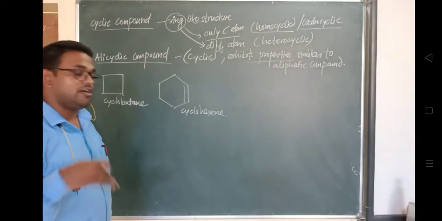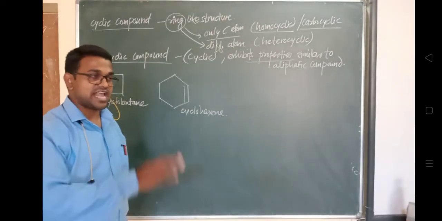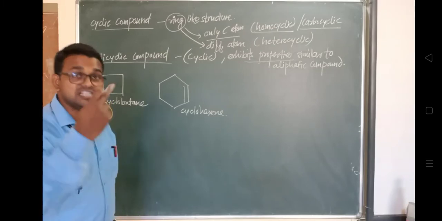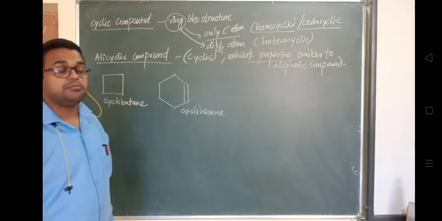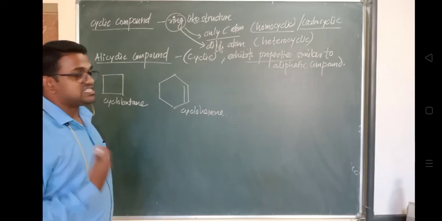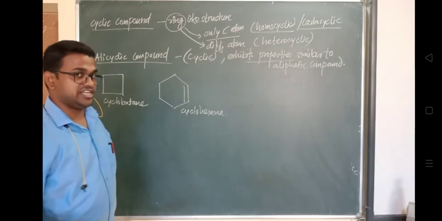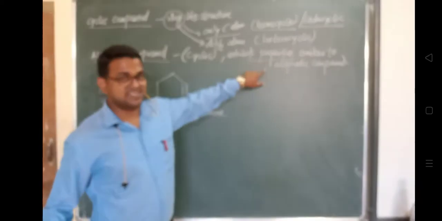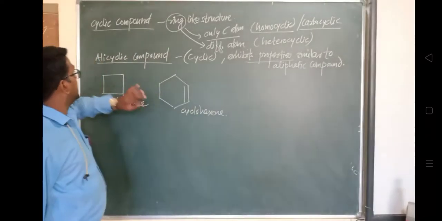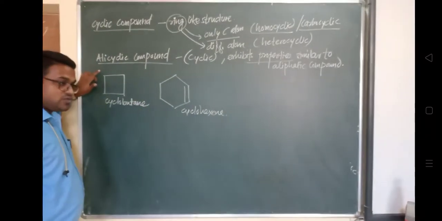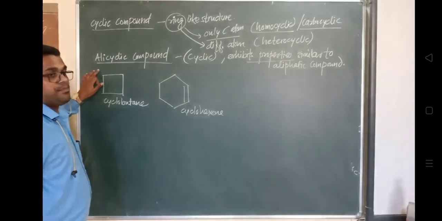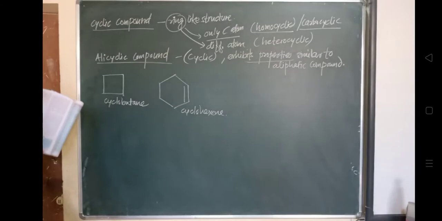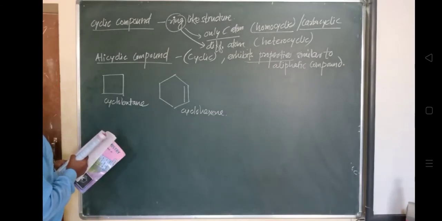We know that the structure is different. For cyclic and acyclic, the structure will definitely not be similar. In cyclic there will be a closed chain, but in the case of acyclic there will be no closed chain. So don't look at the structure. Think about the properties: this alicyclic compound and the aliphatic compound will have similar properties. So no doubt it is cyclic, but in this way these will have the same properties.